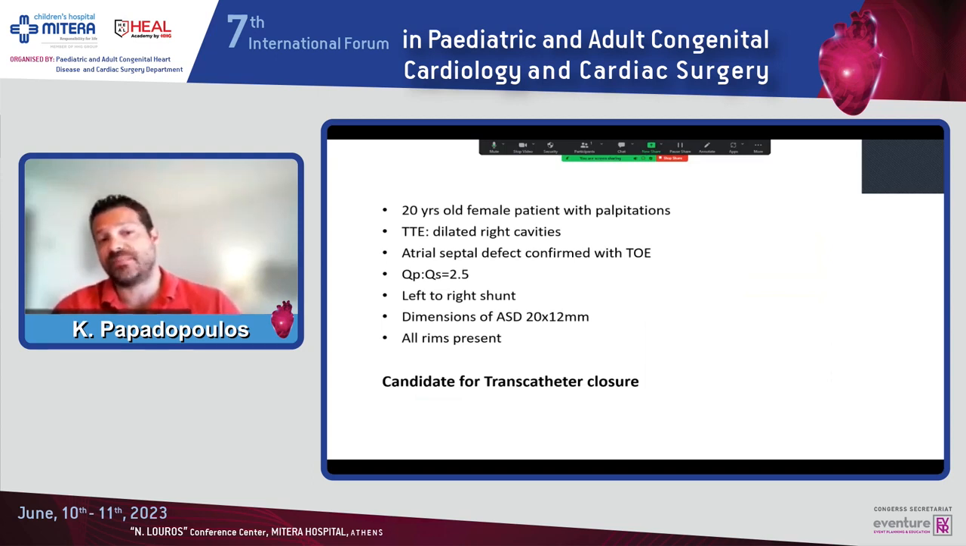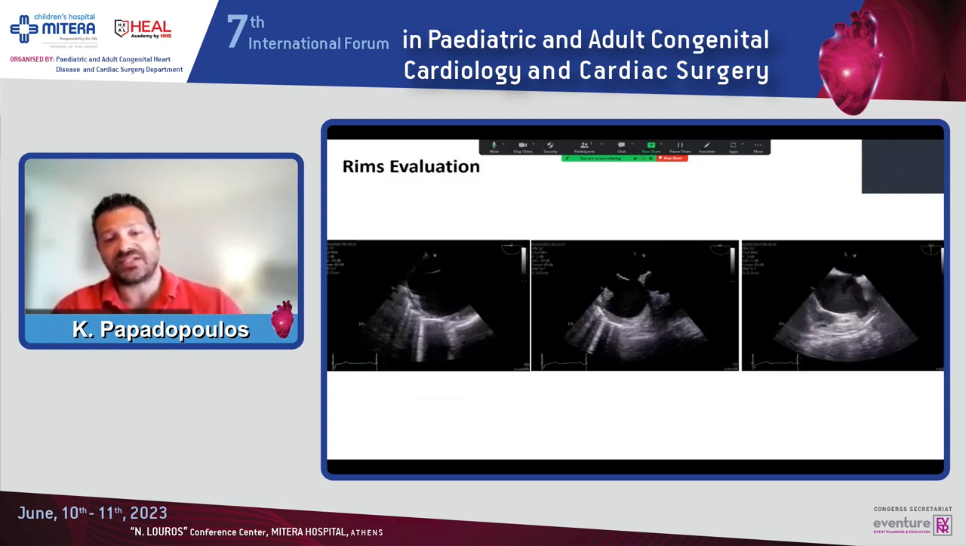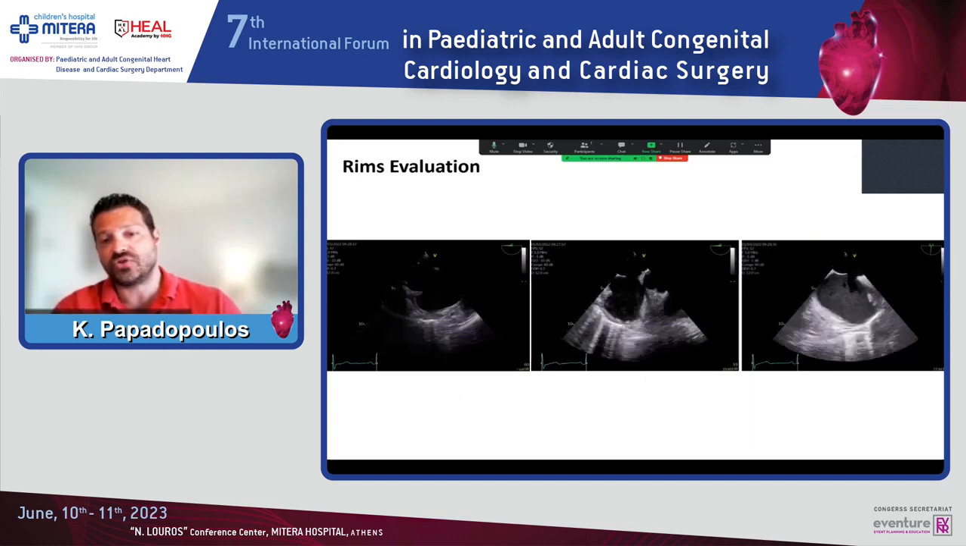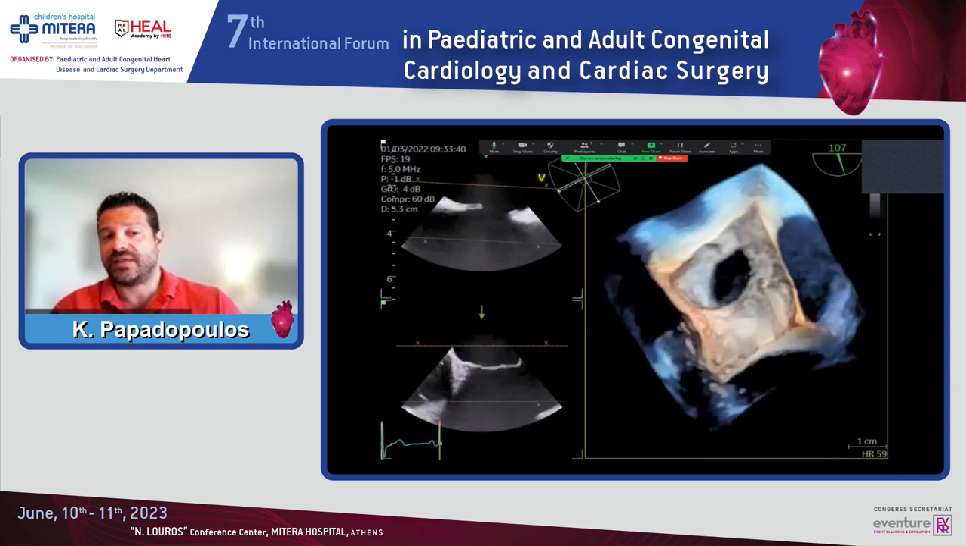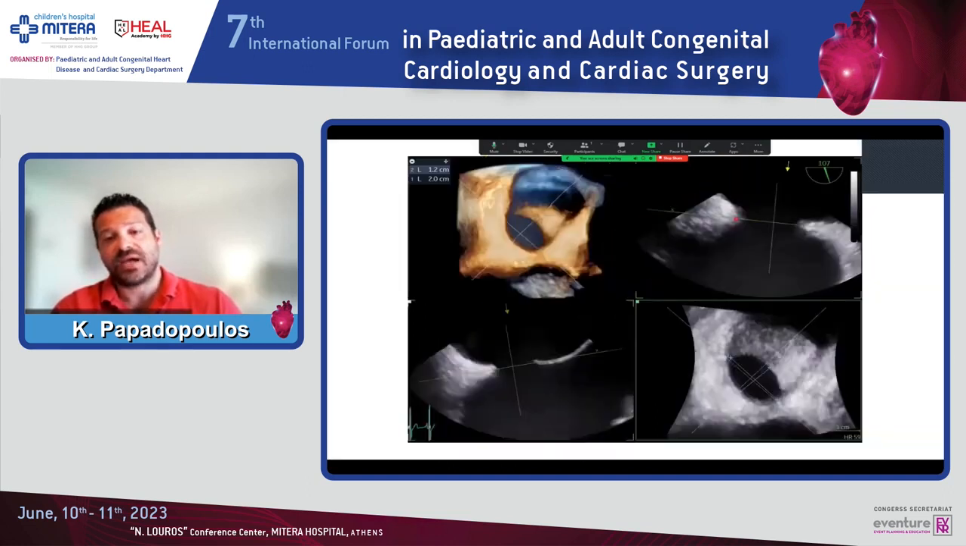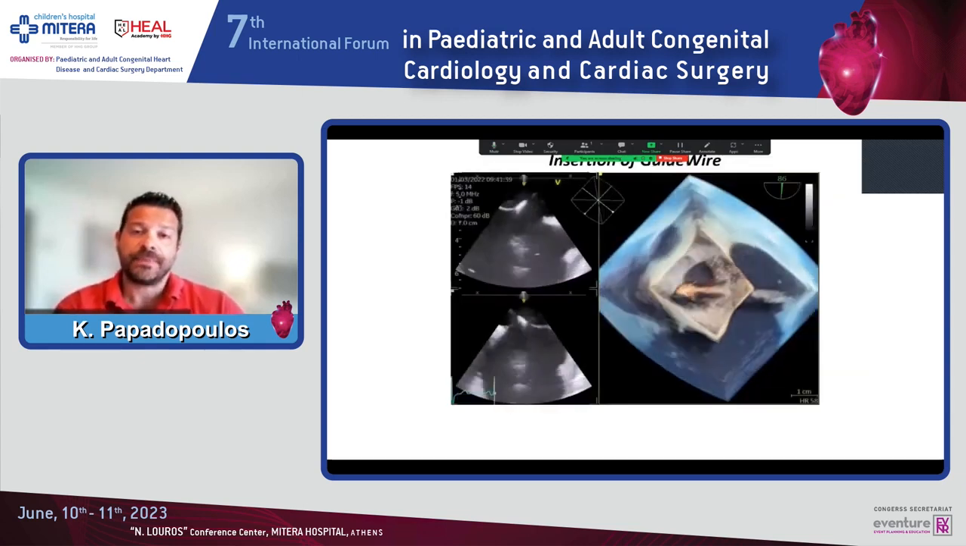This is a 20-year-old female patient with a known ASD. QP to QS was 2.5, all rims present and candidate for ASD occlusion. You can see here the 2D views, the 3D view of the septum with an oval shape, which was measured at 12 to 20 millimeters, the maximum diameter. So we always guide